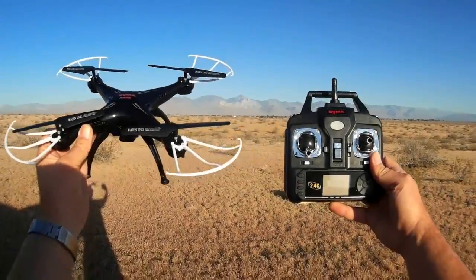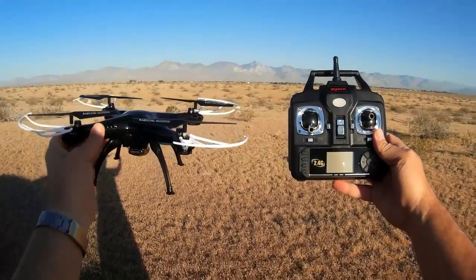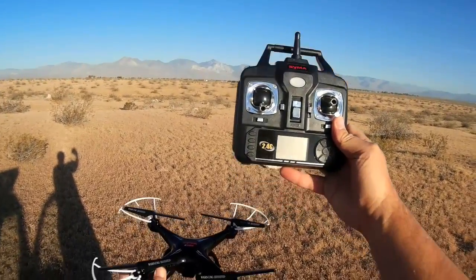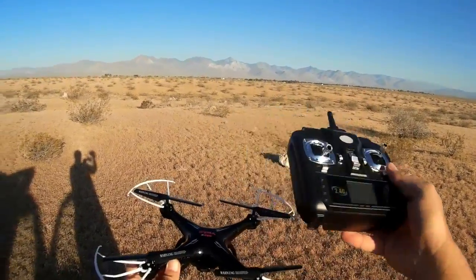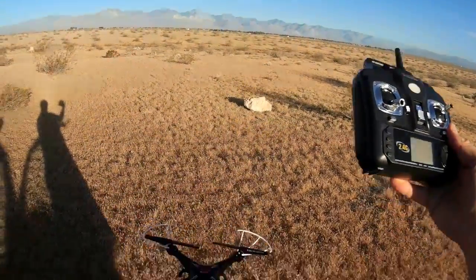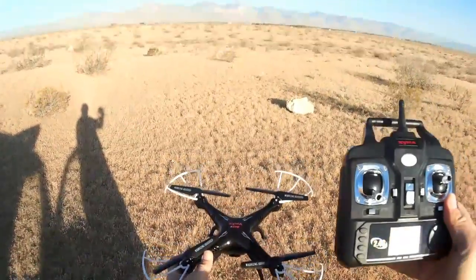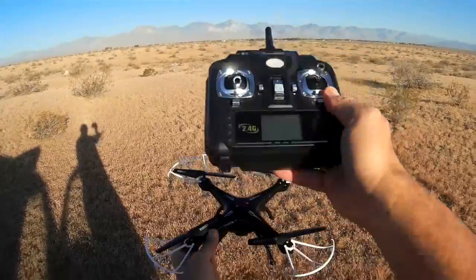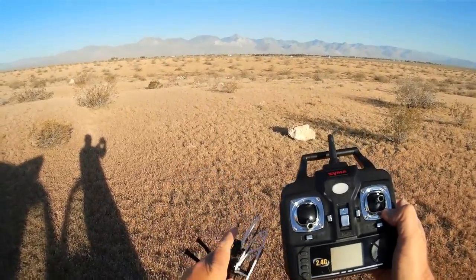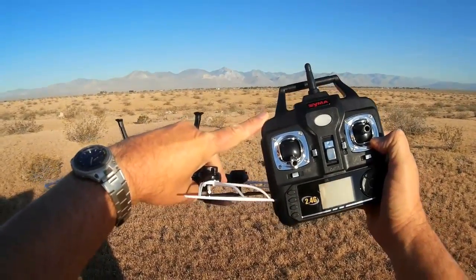Okay, first let's start off with a quick discussion of headless mode, what it is and what it does for you. When this quadcopter is initially bound with a transmitter, it remembers a reference heading which it was pointed at. Say we pick that mountain off in the distance and we place our quadcopter on the ground and bind it with a transmitter. It will remember that mountain or the direction to that mountain throughout the flight. So when you activate headless mode by pushing down on this upper left control button and holding it down,